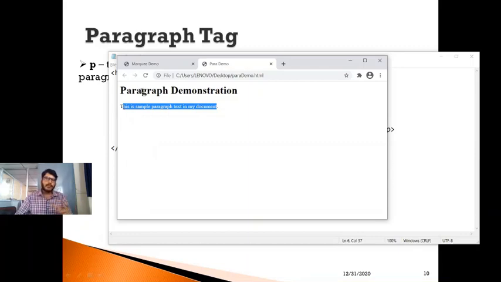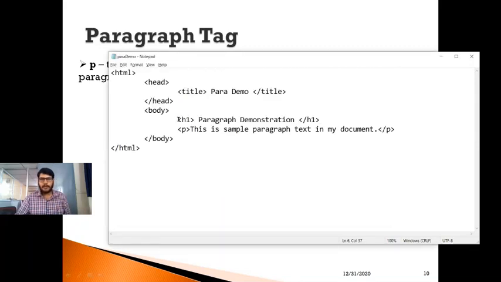Along with that, suppose for this paragraph demonstration I want to apply Marquee, then it can be done with the help of a Marquee tag here. Let me do that also, Marquee tag, and let me close the Marquee tag at last. You can observe here, I am using a Marquee tag here and closing Marquee tag here. In between I have used the h1 tag, closing h1 tag. In between I have used what it has to display, paragraph demonstration.